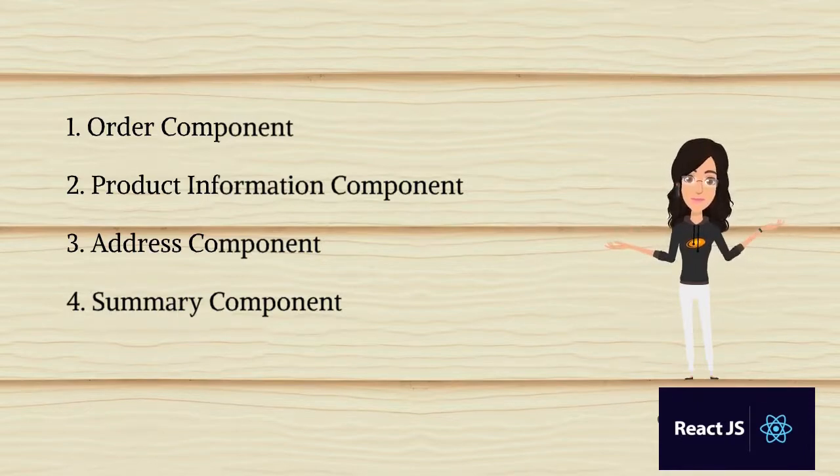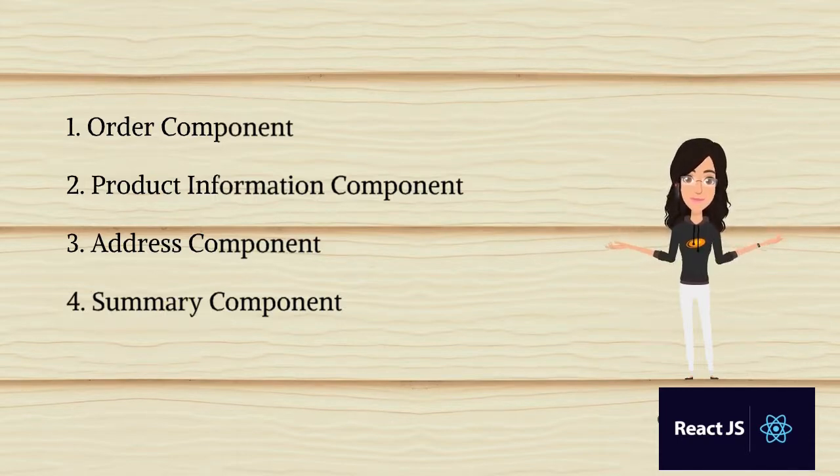Now the question that comes to mind is how we can develop such an e-commerce website in React. So what we can do is, when we enter the product quantity either in the product information section or the summary section, rather than maintaining local state in the respective components, we can create a shared state in the closest common ancestor component of these two components, and that state can be accessed and updated by both of these components. This concept is called lifting state up in React.